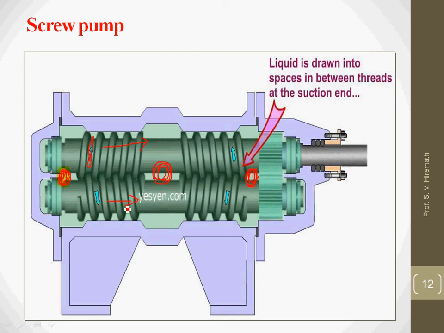Similarly here also and here also, right? So when all this fluid is coming to the center point, I don't have any option further for the flow of hydraulic fluid. Obviously it will take the outlet port. The bottom one is an idler, which is just rotated by meshing with the upper screw, which is rotated with the help of some other mechanism. So this is the case of the screw pump.